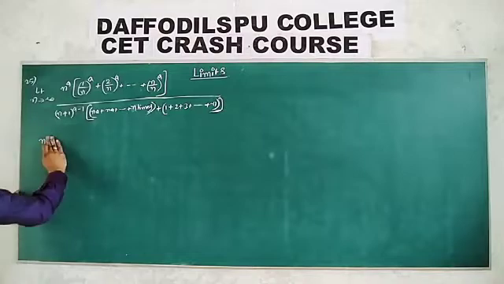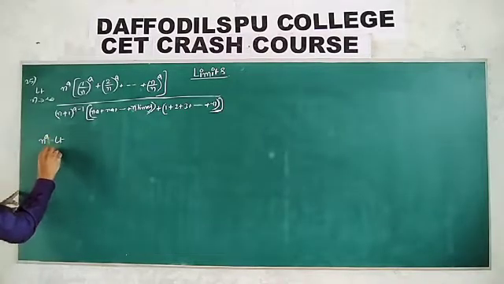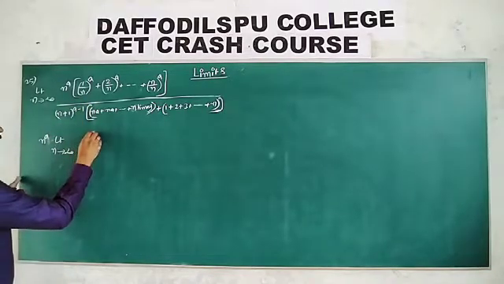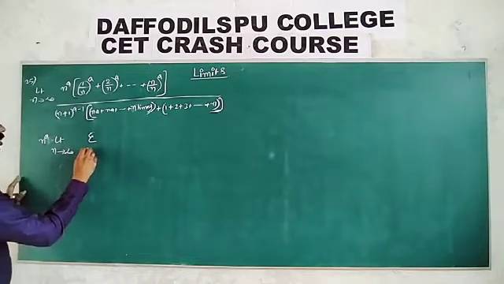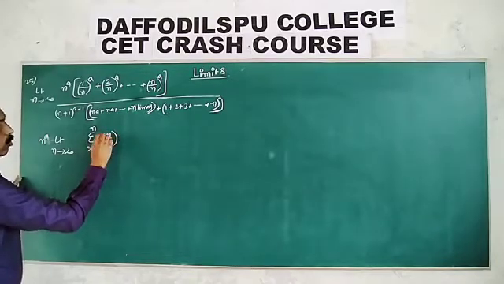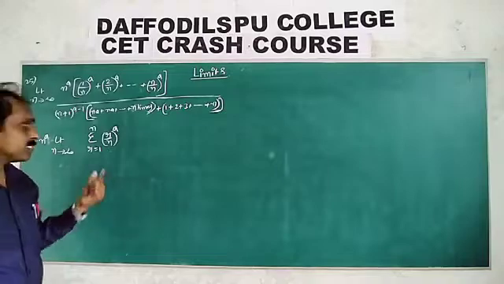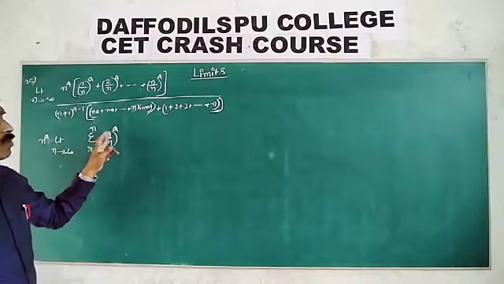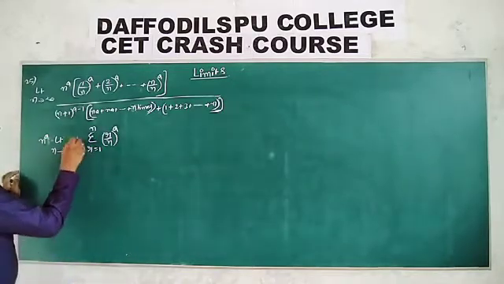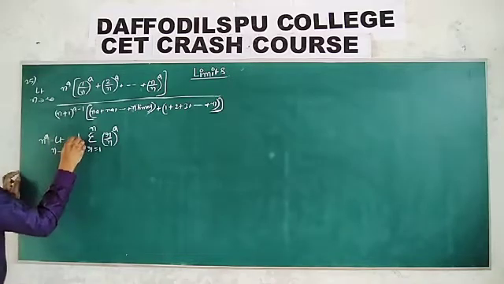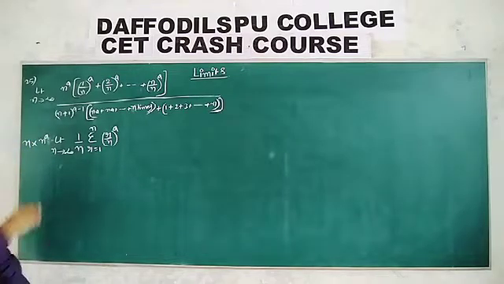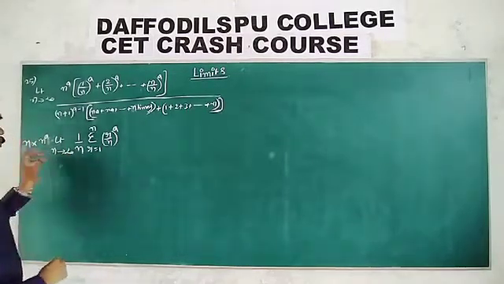Here, the limit as n tends to infinity of n^a, this can be written as sigma r equal to 1 to n of (r by n) whole power a. This is a series: sigma means plus, r substituted, 1 by n whole power a, 2 by n whole power a, up to n by n whole power a. I will multiply and divide this by 1 by n.